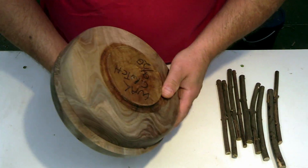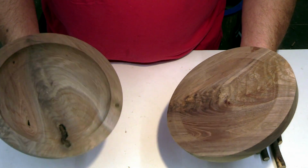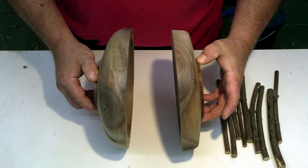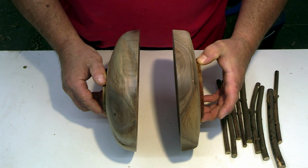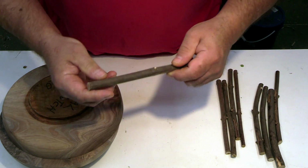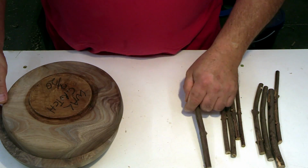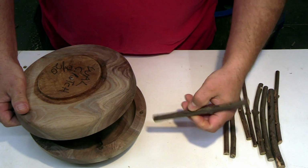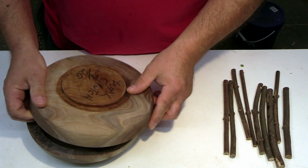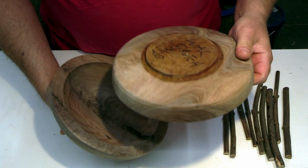Alright, so in this video, what I have here are two smaller walnut crotch bowls. And you know, these would be fine finished on their own, but I think that they'll look really cool as a hollow form such as this. And what I'm going to do in the center of this is use some of these stabilized maple branches. So I'll cut them to so long-ish and just basically stick them in this orientation all randomly throughout this little band area. And we'll end up going down through the top of this, and there's some really nice crotch grain